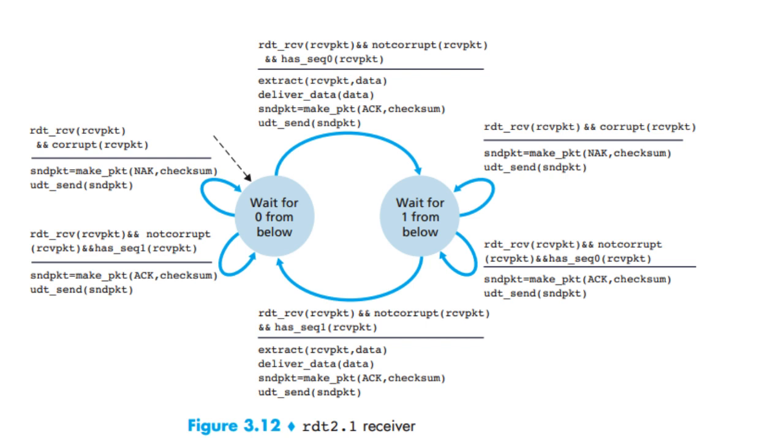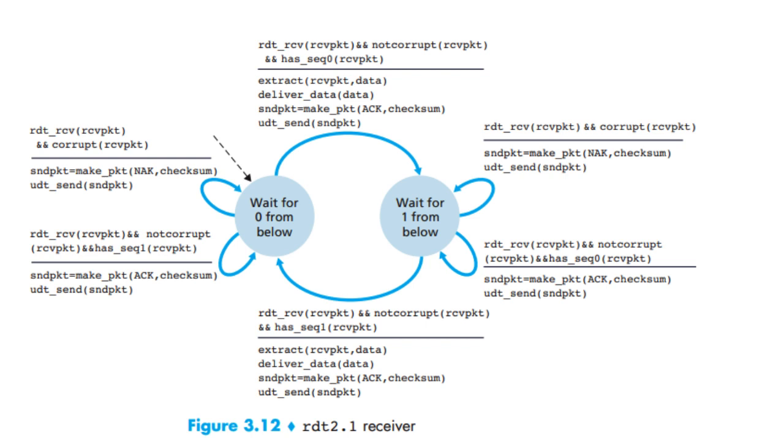We can accomplish the same effect as a negative acknowledgement if, instead of sending a negative acknowledgement, we send an acknowledgement for the last correctly received packet. A sender that receives two acknowledgements for the same packet knows that the receiver did not correctly receive the packet following the packet that is being acknowledged twice. Over a negative acknowledgement free reliable data transfer